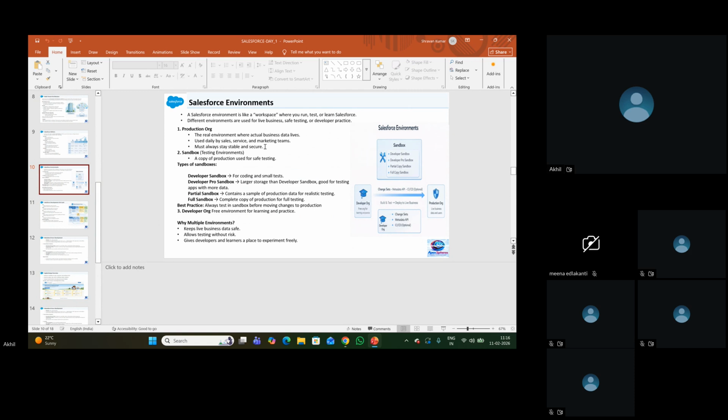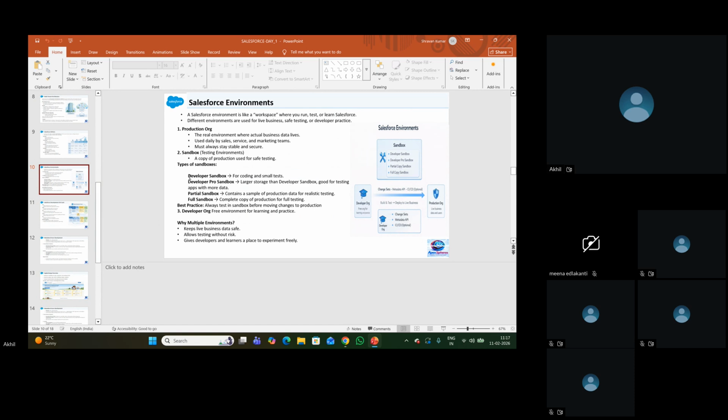For that, we need to do some development, and if we do the development directly in production and something fails, it's going to impact the existing functionality inside our application. So we never do that. We'll use sandboxes in Salesforce. That email enhancement, we'll do at various levels. Before going to production, we'll have four to five layers. Even a small piece of functionality should be thoroughly tested before moving into production.